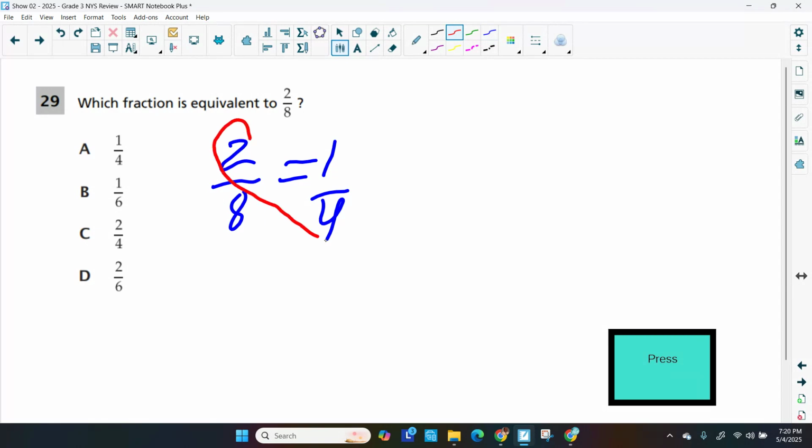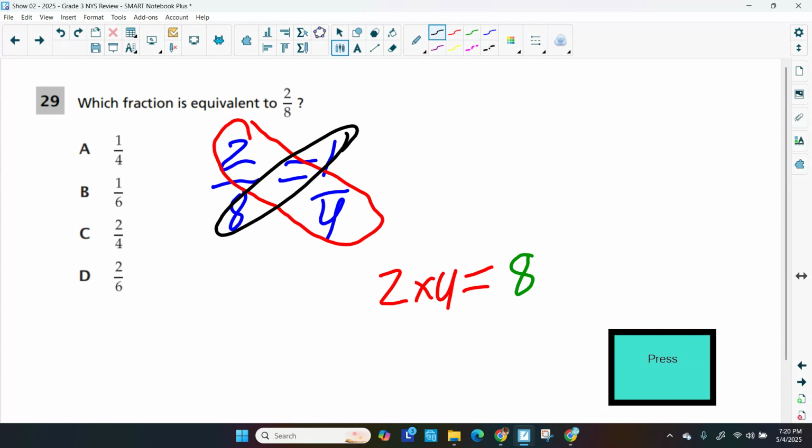So 2 times 4 equals 8. And then cross multiply the other side. 1 times 8 equals 8. So they both equal 8. So the answer would be